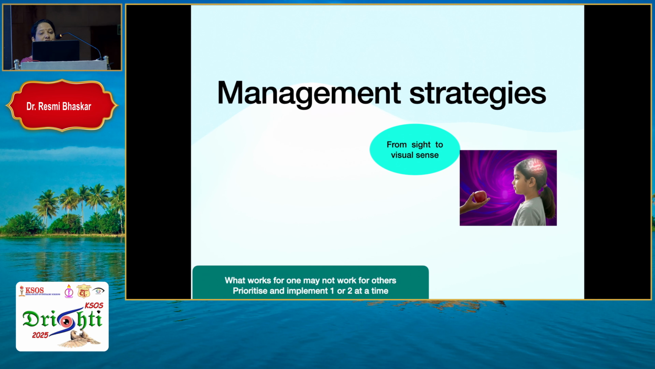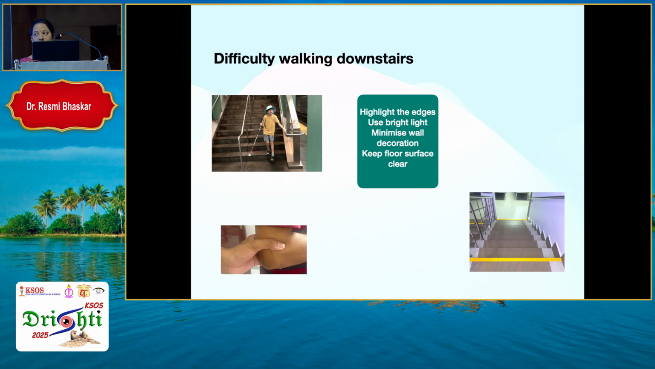Coming to the management strategies. The basic treatment of CVI is training. What works for one child may not work for others. You prioritize the findings in them and implement one or two at a time. For example, if they have difficulty walking downstairs, highlight the edges like we have done in our hospital, use bright light, minimize wall decoration. At eye level, you can place something that is catchy for them, keep the floor surface clear,